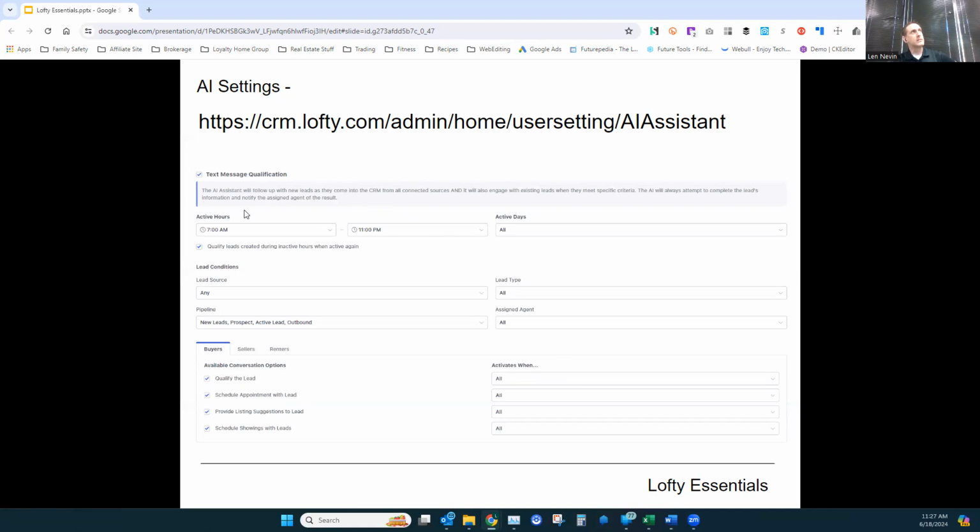Here are some additional settings. I've got our time set between 7 a.m. and 11 p.m. for the AI to have their conversations. I had it set for 24 hours a day, and I had some decent leads get pretty mad because there was one instance where a lead woke up at like 3 a.m. and she's on there, looking at properties online. And Anna jumps in and says, oh, I see you're looking at some properties. How can I help? And the lead, the client who I'm still trying to convert,